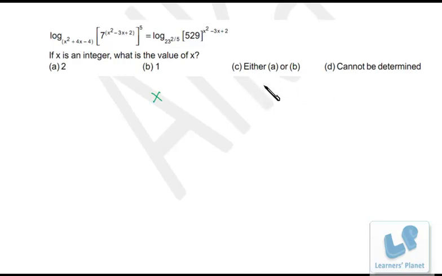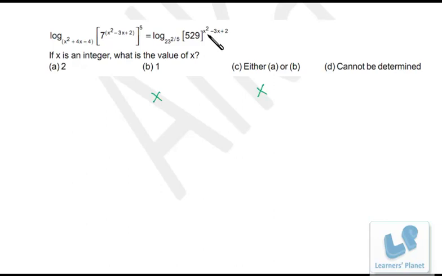That means C is also incorrect, and now we are left with 'can't be determined' and 2, right? So we try to put 2 over here. Let's see what happens. So it's 2 twos are 4 plus 8 minus 4. That means the base is 8 over here. And here x square minus 3x plus 2, that is (x minus 1)(x minus 2). That means x minus 2 is a factor. That means if you put x is equal to 2 over here, it will be 0. That means 7 to the 0 is 1. That means log 1 is 0. Finally, left hand side is 0 if we put x is equal to 2.